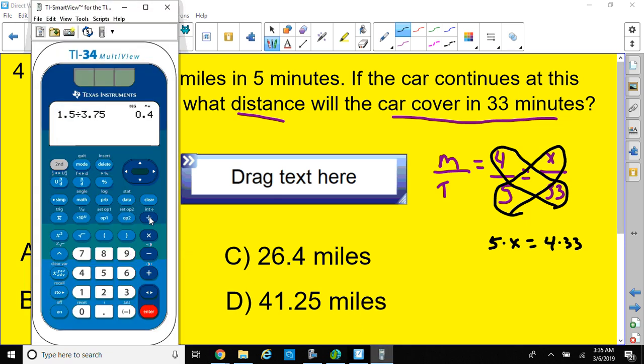So let's clear that. 4, if I can get that 4, there we go, times 33. See what that is equal to? 132. And let's divide that by 5. That's going to give us the answer of 26.4, which is letter C. So let's drag that out